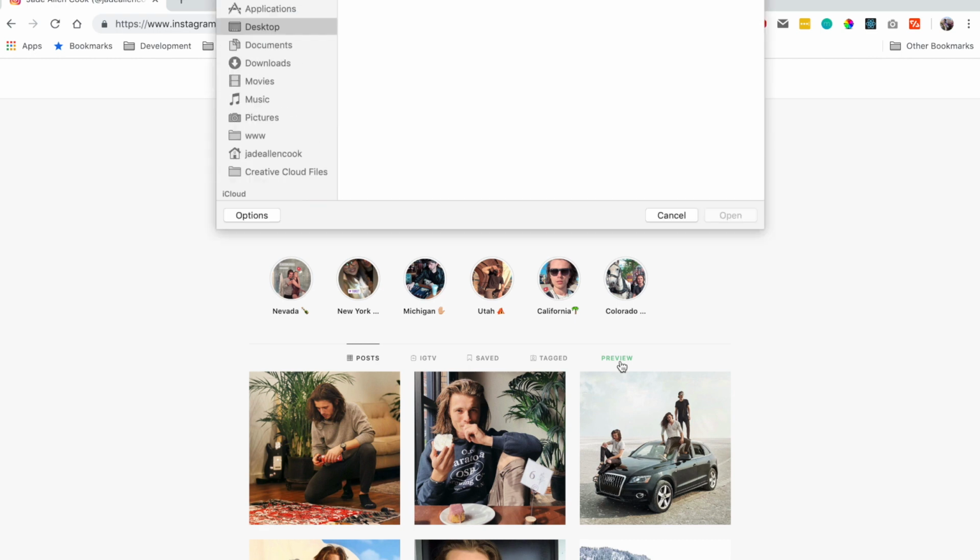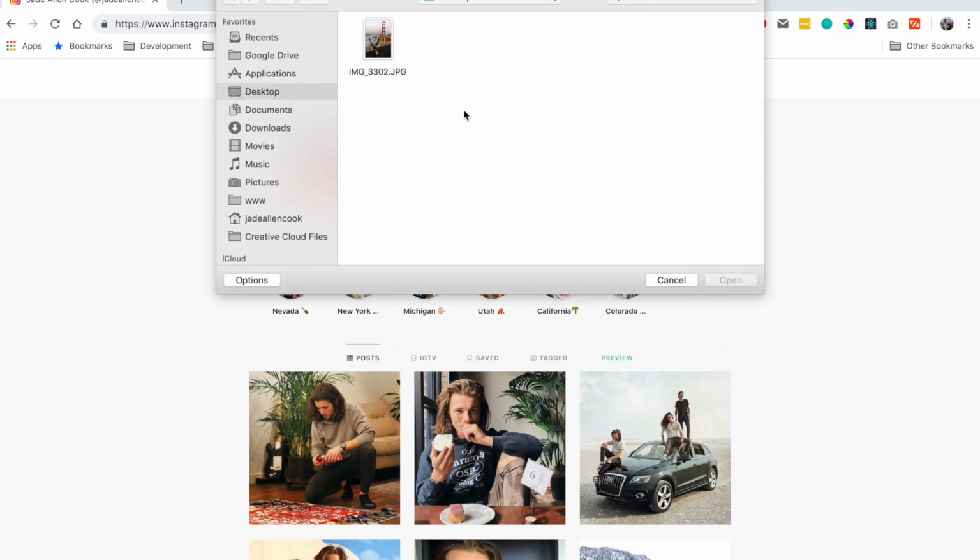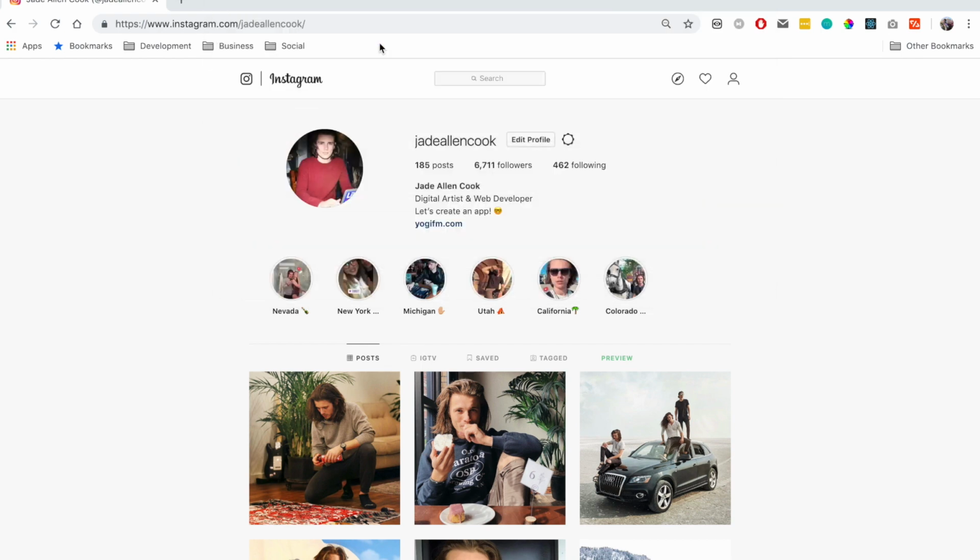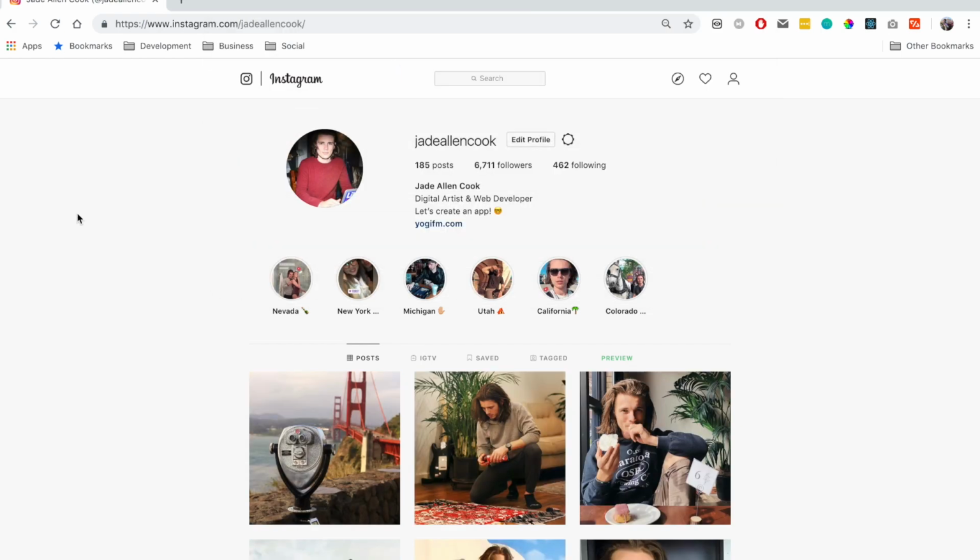Anyway, so here's my feed right now, and you can see I have this preview button right here. And I've already gone through all the photos that I considered using, and I've already chosen this one. Cool, so that kind of gives you an idea of what it's going to look like after we post it